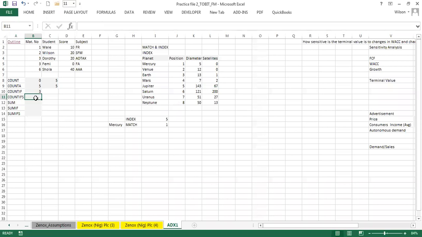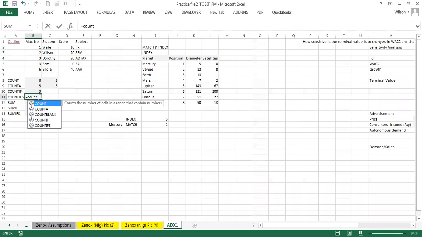Now let's just take a look at the analysis of the table. That's very important. Now let's say we want to take a look at, for instance, Wilson. The score of Wilson, we are setting 2 criteria here. The score of Wilson, that is one criteria. Wilson is one criteria. In SFM, that is the second criteria. All right, so we are setting 2 criteria and we are counting the score of Wilson. So that is what the COUNTIFs is used for. So here we say